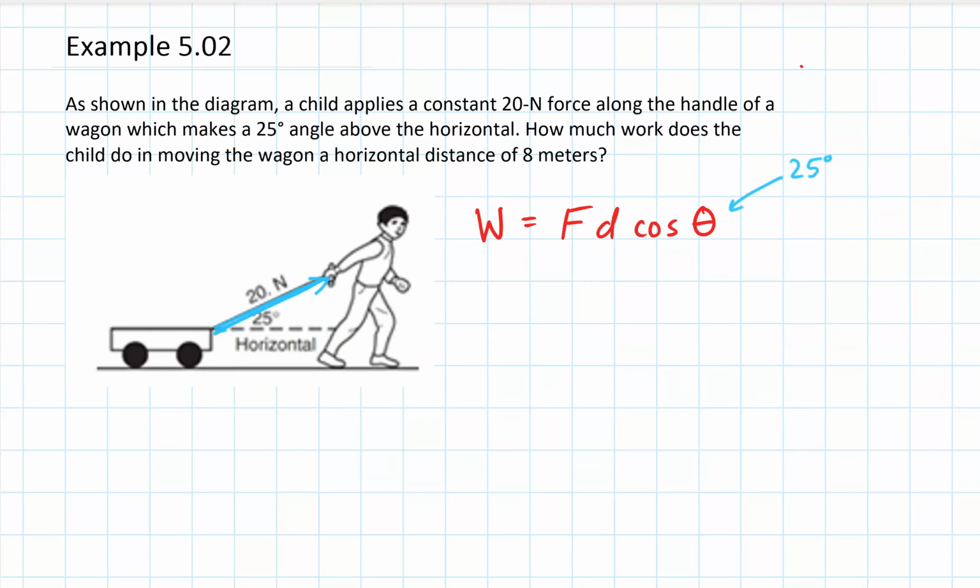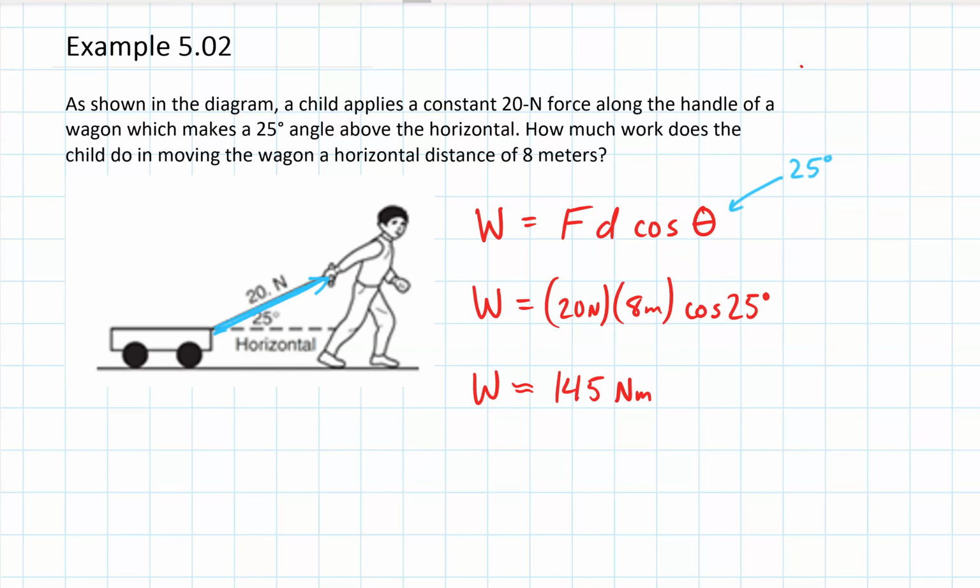So we're now going to plug all that stuff in. We have work is equal to the force of 20 newtons, this thing moves 8 meters, and we have a cosine of 25 degrees. Plug all that in, and we end up with work that is approximately